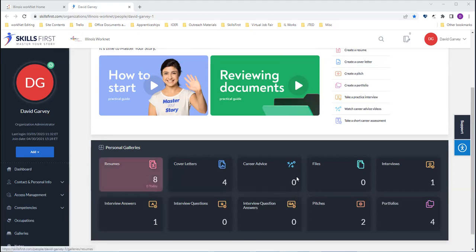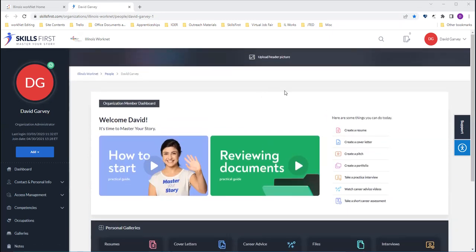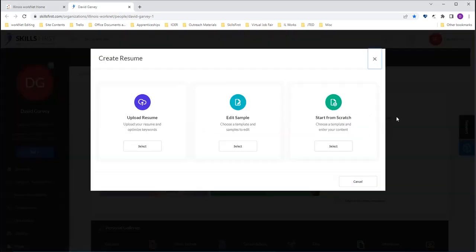Our primary focus today, though, will be on creating a resume. So to get started, what we're going to do is click the Create a Resume button. And from here, we have the option to upload a resume and optimize keywords, edit an existing template, or we can just start from scratch and build a resume entirely section by